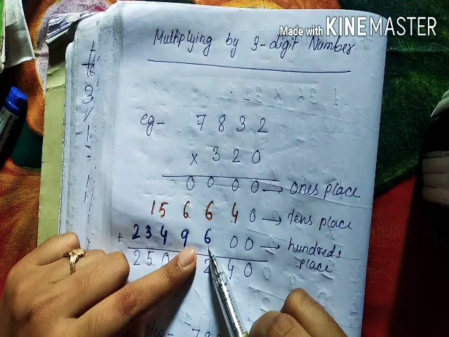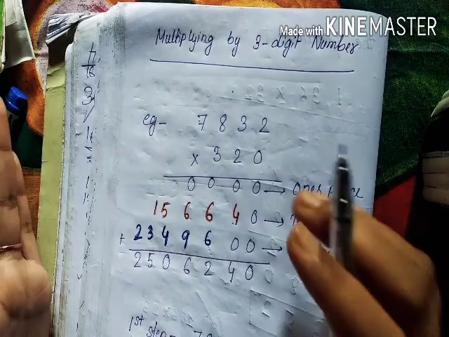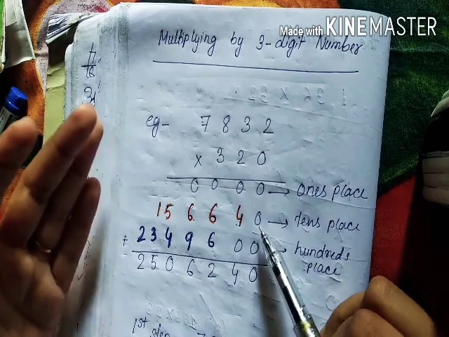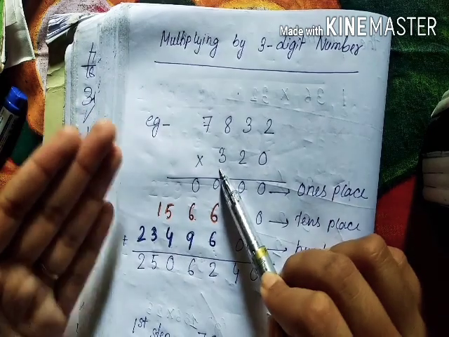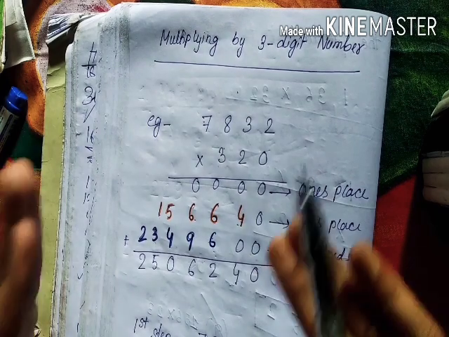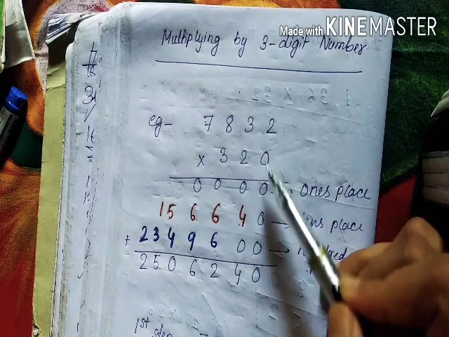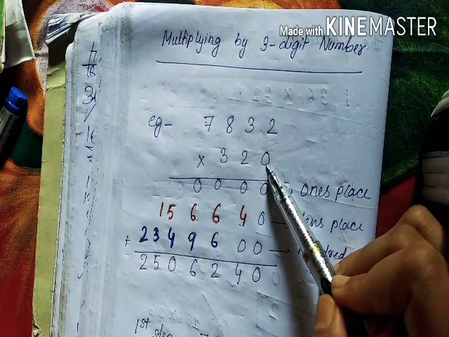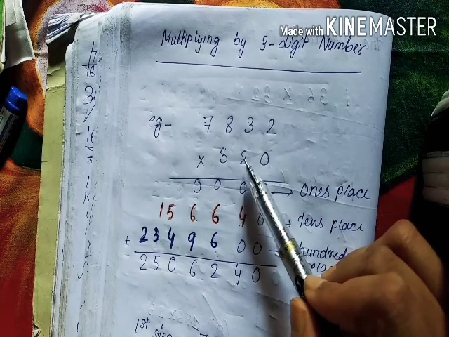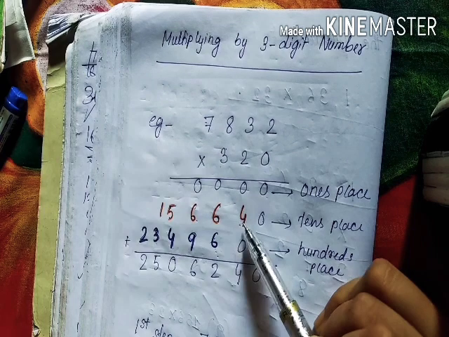Okay students, so this is the rule you have to follow, and do not make this type of mistake that after solving for ones place you are starting again from ones place, and in hundreds place also you are starting from ones place or tens place. So do not make this type of mistake. Always remember the place you are solving for, you have to start from there. Okay, so if I'm writing from ones place, I will start from ones place. If I'm starting with tens place, then in the second step we will write from the tens place only.